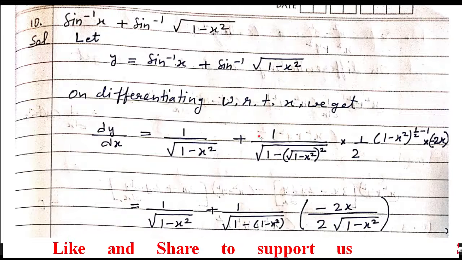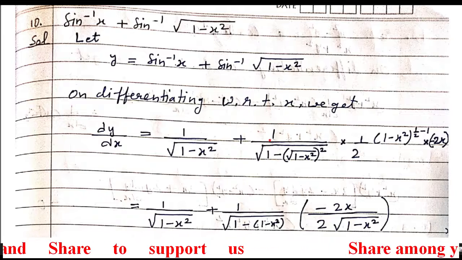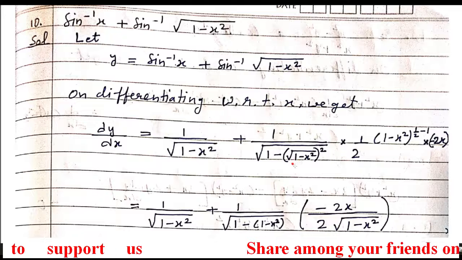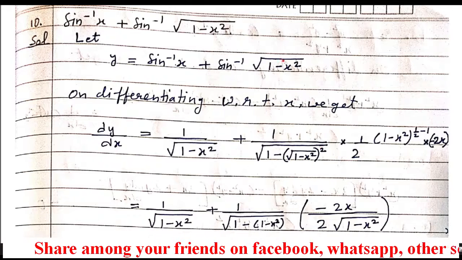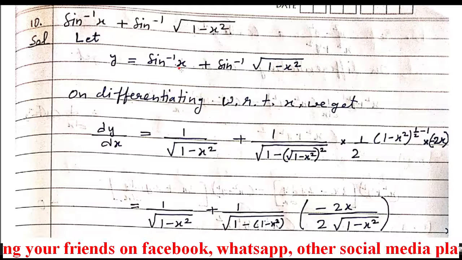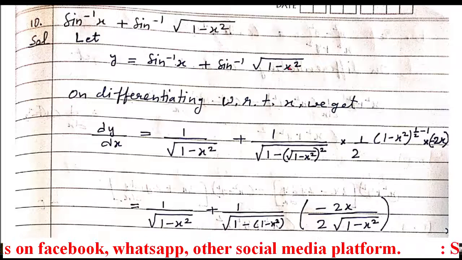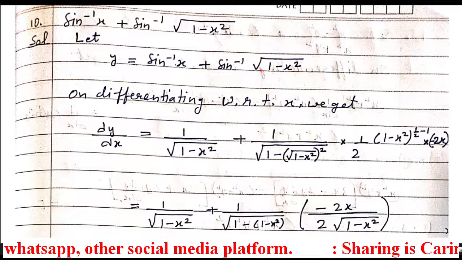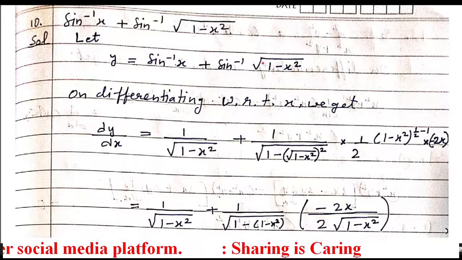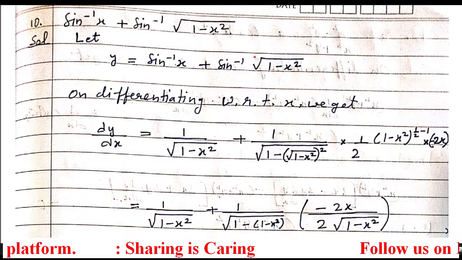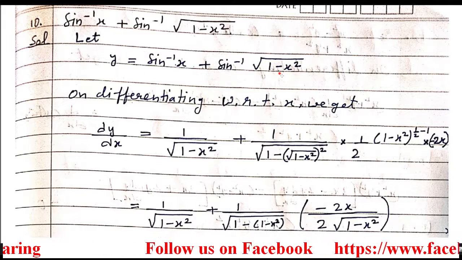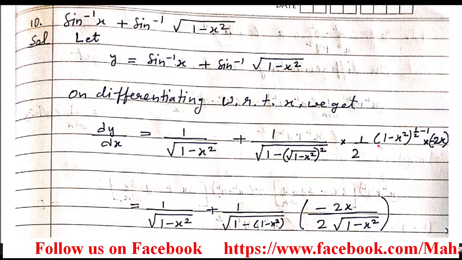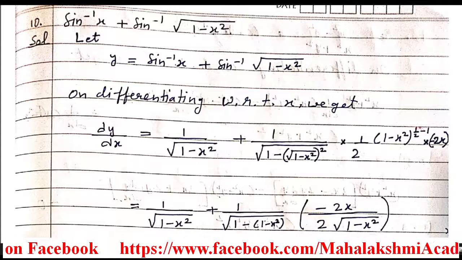So when we apply the same formula here, it's going to be 1 upon root 1 minus x square, meaning root 1 minus x square, squared. But it's not the simplest form like this x, so we have to use the chain rule. When we use the chain rule, first we will differentiate root 1 minus x square. Root we can write as power half. So we are going to use the formula of x to the power n, that is n x to the power n minus 1.